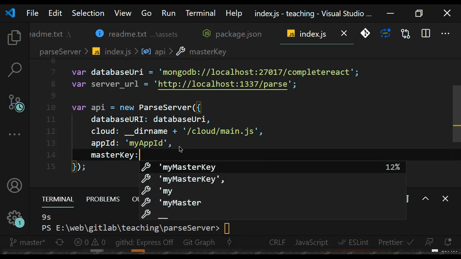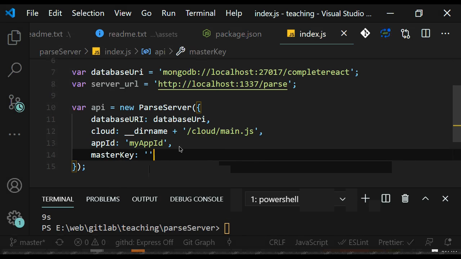And this is a master key. This master key should be on the server only. This should not be on the React side. This is the master key which helps us to be an admin of the ParseServer, and you can do anything with this master key, any changes using the master key. But for our purpose, we will not need the master key. This is something